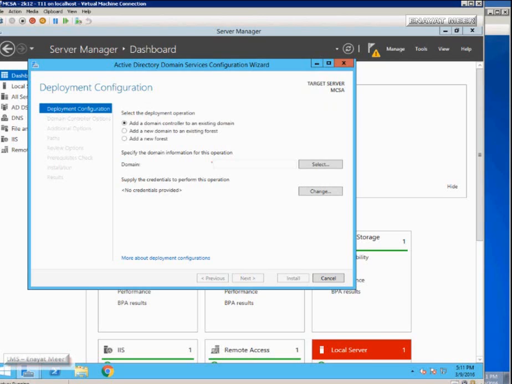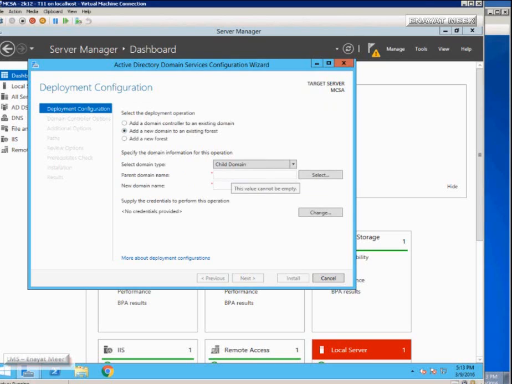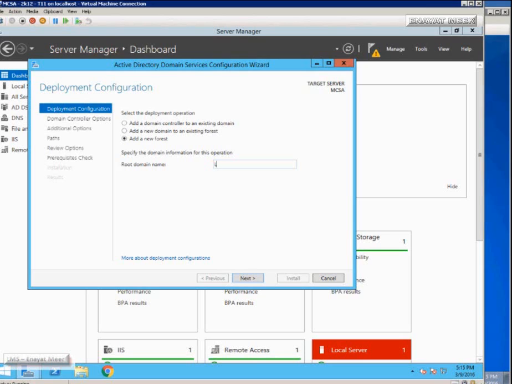As I'm showing you here, I'm going to add a new forest, but you have other options as well. You can add a domain controller to an existing forest, or you can add a new domain to an existing forest. I'm going to make a new forest, and I have decided on a name, lms.com, Lady Mary Sam learning management system. In later videos I will join a lot of clients to this domain, and then I will